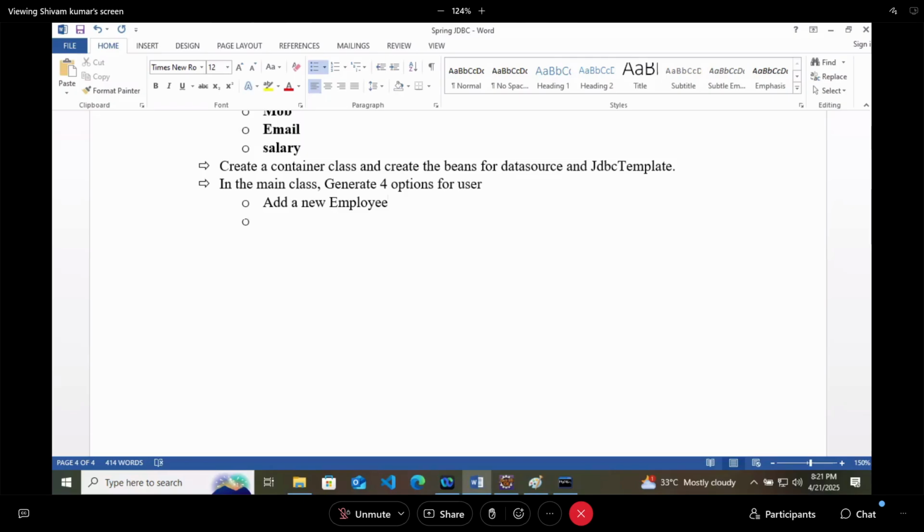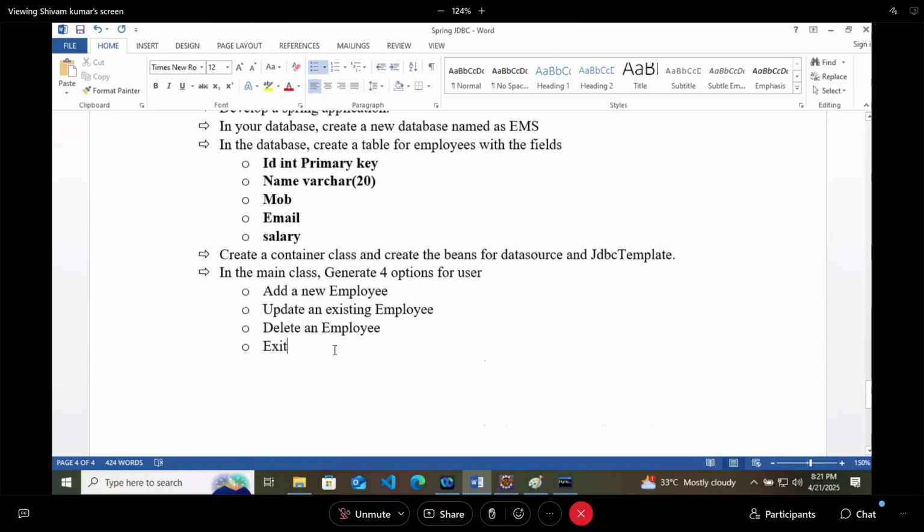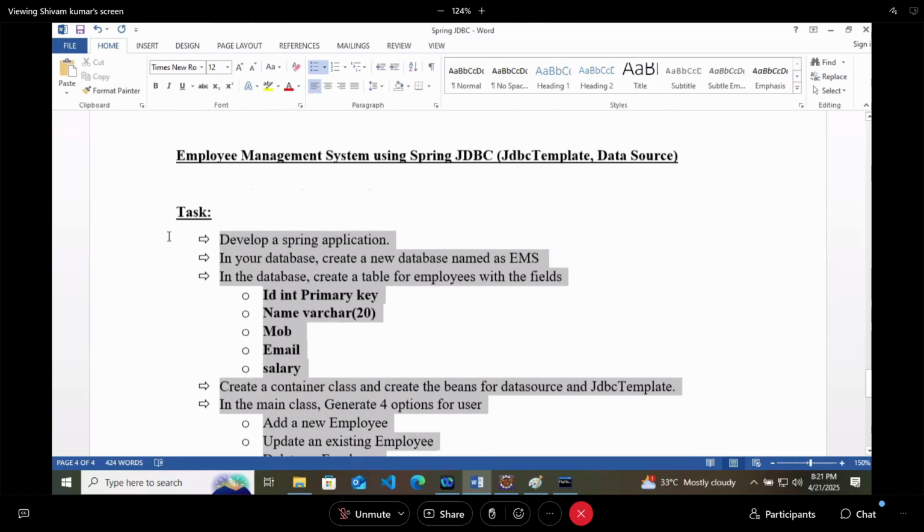The second option is they can update an existing employee. The third option is delete an employee. And the fourth option is to exit. So this is the task that we have to do.